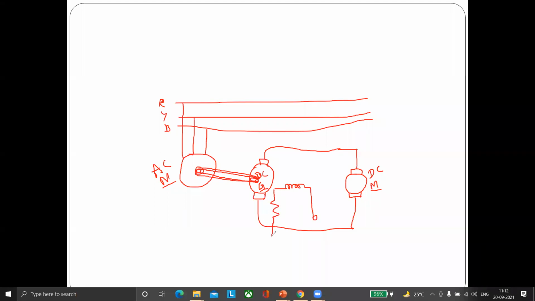So in this case, whenever this motor starts, the DC generator runs, and it will generate the DC voltage, and this voltage is given to this motor. Is it clear? This is the main motor. But for running this motor, we are using one more generator extra, and to run this generator, we are using one more AC motor extra. Is it right, Shraddha?